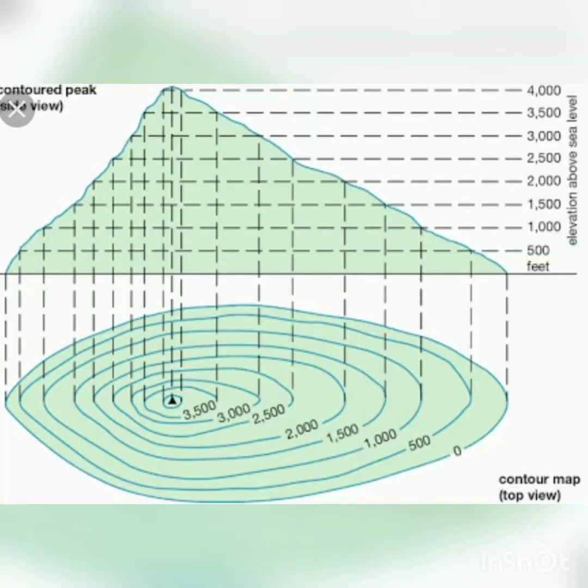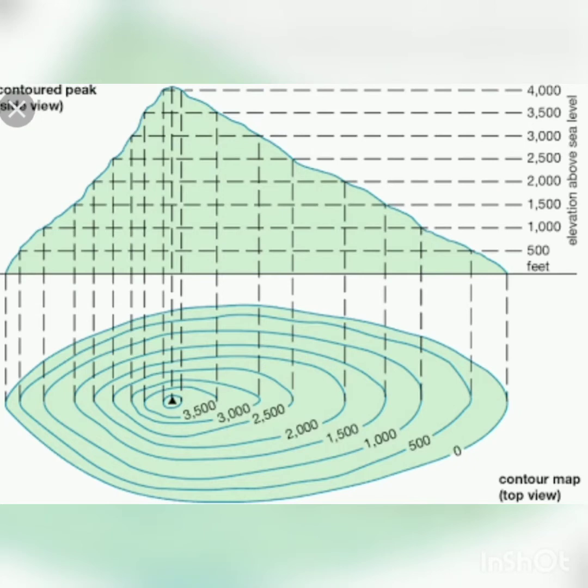Students, you have these 2 figures of contour lines. This is a contour map, top view, which is given there. So these lines cannot cut each other, and the distance between 2 contour lines will depend upon the landscape. If the land has a steep climb, then the contour lines will be near each other. You can see that 3,500 and 4,000, how it is.